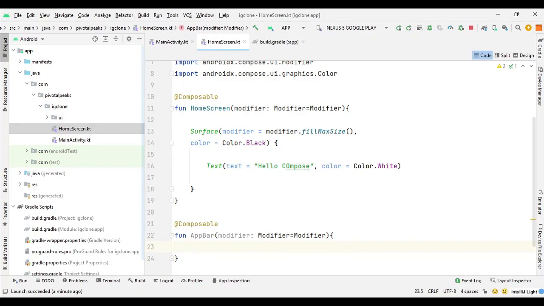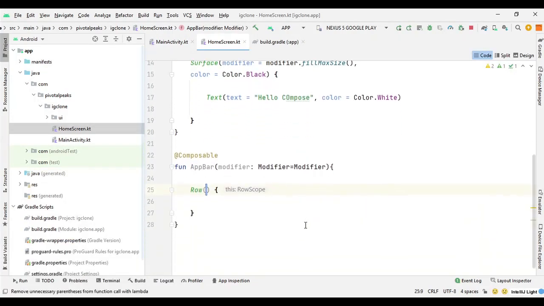Inside this function we need a row where we can put the Instagram logo and the plus sign to add new post. So here we need a row, and we need to give it some properties.